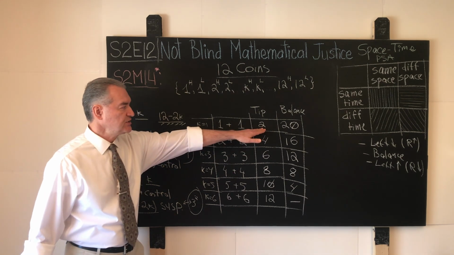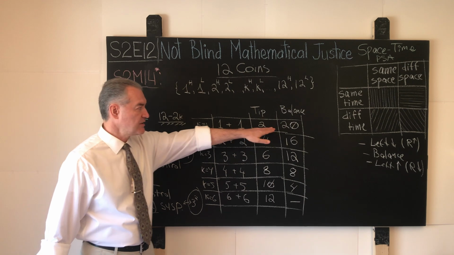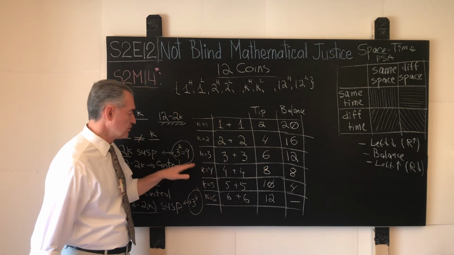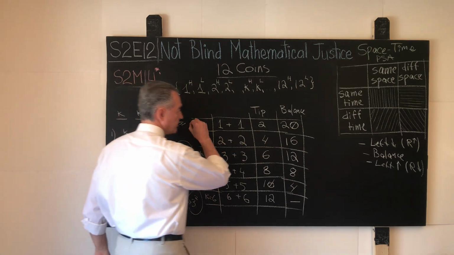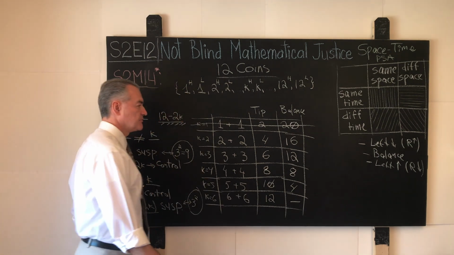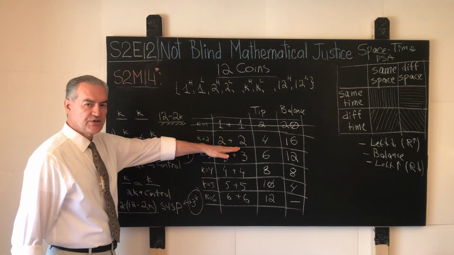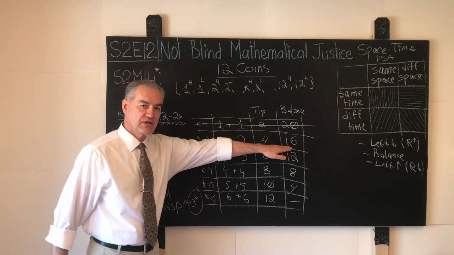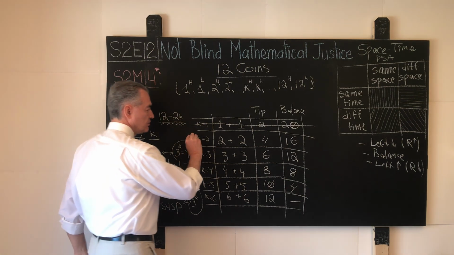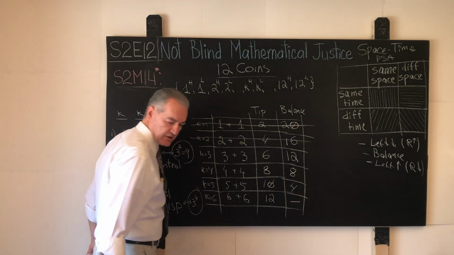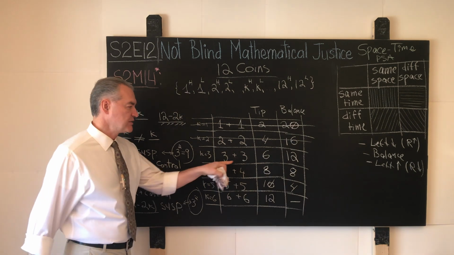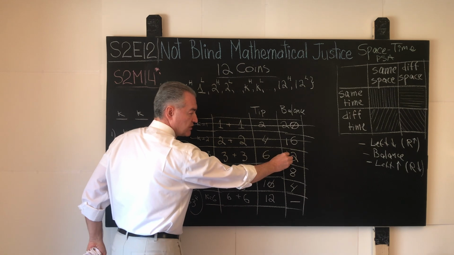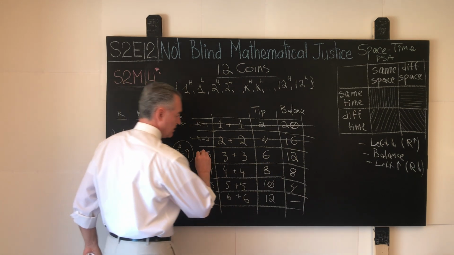For the first partition, we see that yes, 2 is less than 9, but then we have here a whopping demand for 20 units of information. We can only produce 9, so this cannot happen. The 1 plus 1 partition is eliminated. In the 2 plus 2 partition case, we see that yes, 4 is less than 9, but 16 is still greater than 9. This is no good. This partition is eliminated. Now, for the 3 plus 3 partition, what do we see? 6 is less than 9, but 12 is still greater than 9. No good.